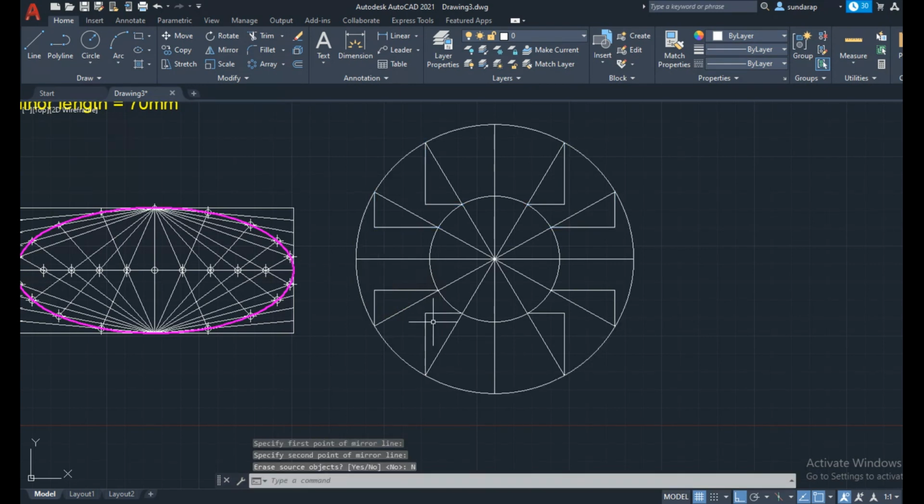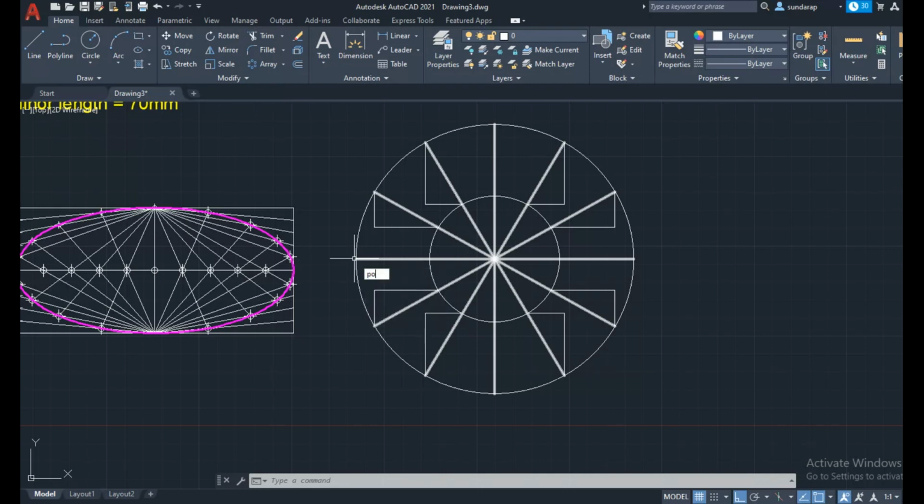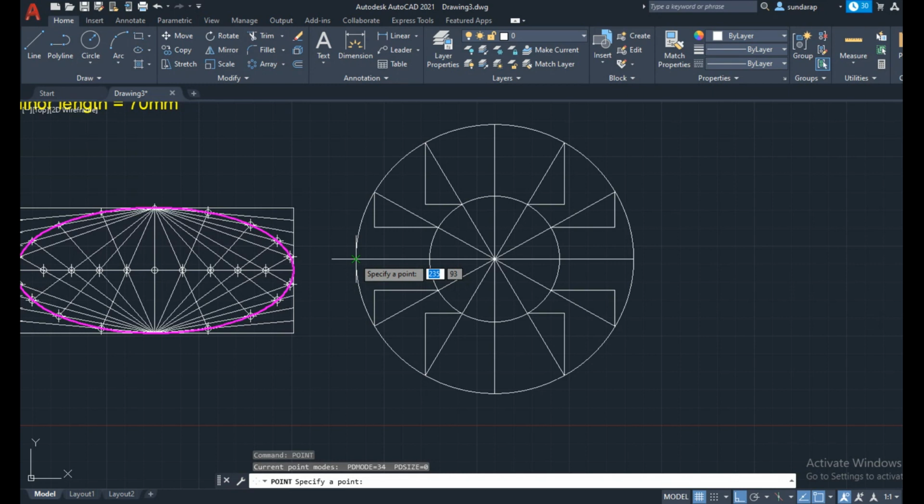Then by using the point command, mark all the vertices of the ellipse.